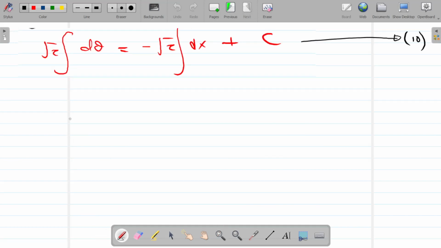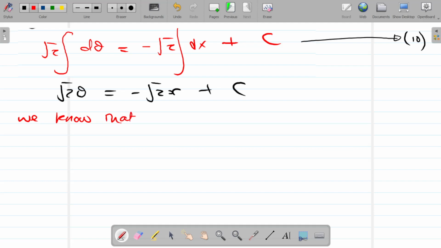So straight off the bat, we can integrate this to give root 2 theta. Make that look more like a root 2. Tell you what, let's just start again. Root 2 theta equals minus root 2 times x plus a constant. Okay, so what we can do is I'll stick to what I've done in my notes, even though somewhere I've lost the minus sign. We know, and I'll write it in red, we know